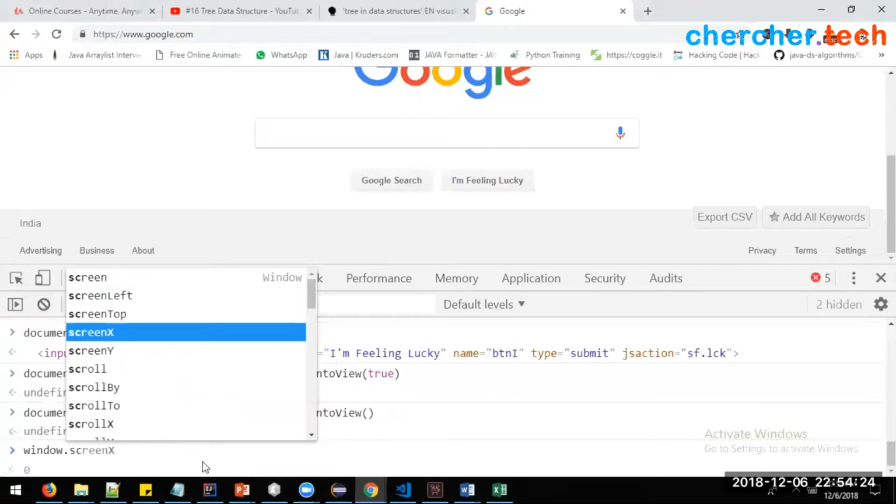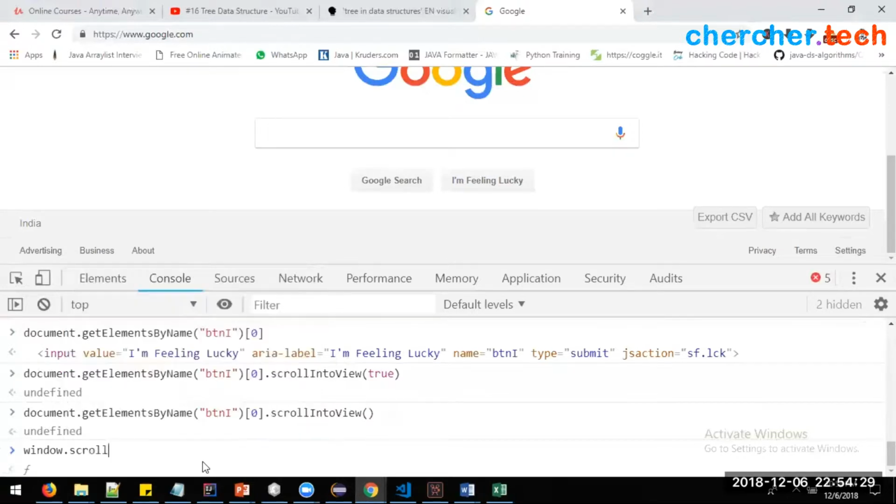Sometimes if you want to scroll something, you can use window.scroll, and then you have to pass the